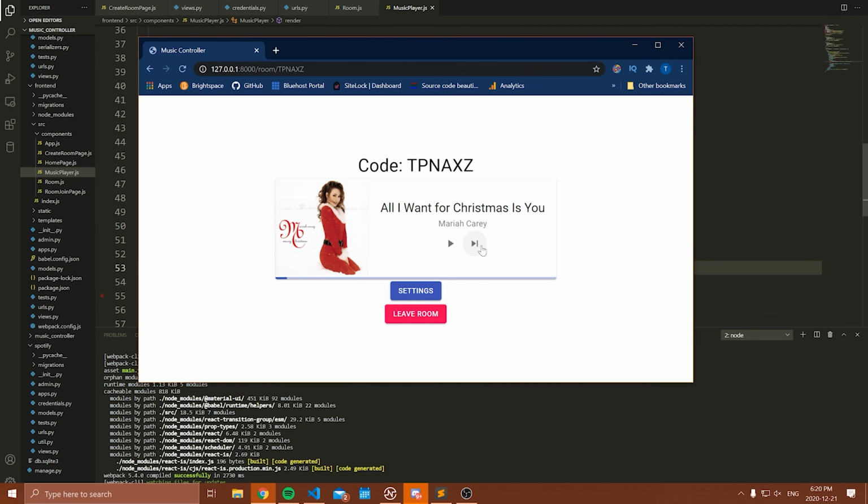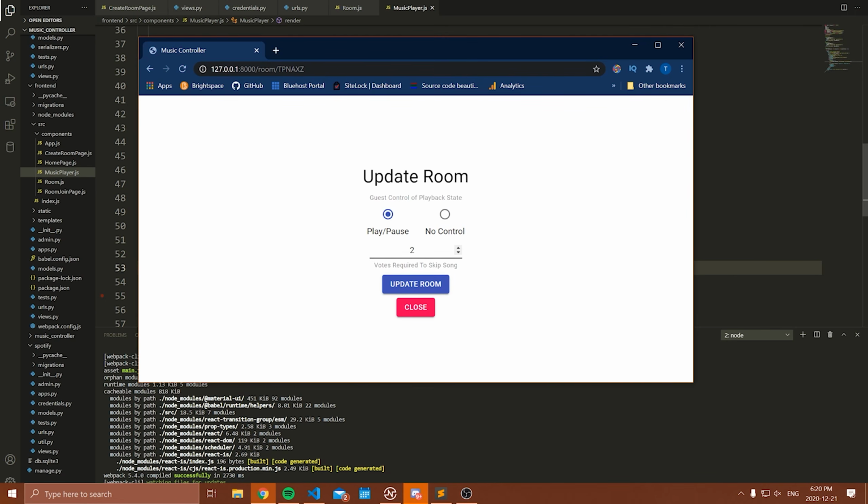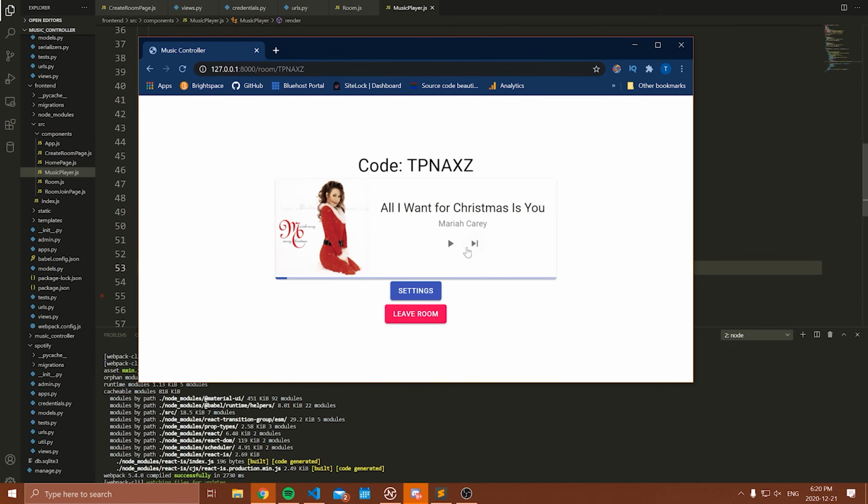And to just give you an idea of exactly what we're going to do, we're going to make this skip button say like 0 out of 2 or 0 out of 5 or 0 out of however many skips are required for this room, right? So if we had changed this to 3, then ideally this would say 0 out of 3 or 1 out of 3 if one person had voted for the current song. Then as soon as the song changes, we'll clear all of the votes because you have to vote for each song, and then we'll just continue from there. Awesome. So hopefully you guys are excited for this.